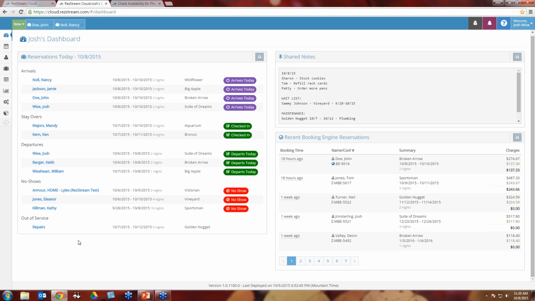Now, we've got some space down here, and what we're currently working on that I've seen a little bit of is what we're going to refer to as key items, if you will. So think of key items as packages or point-of-sale items. These are things that need to be delivered. Well, instead of having to jump into the specific reservation detail page to see if they ordered that romance package and I have to deliver flowers and champagne on night 3 of their stay because it's their anniversary, I want